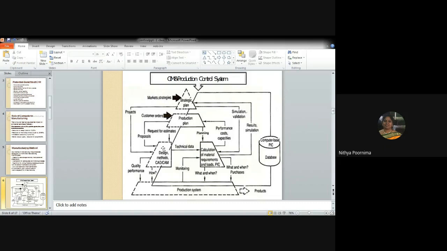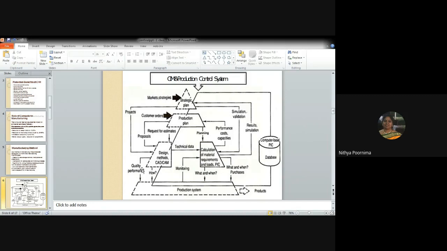Even here, if they had any problem with the design, if the design was not appropriate for this material, again they would send back a feedback to the production line. Based on that, they would change and send back to it, right? So this design plan used to also constantly be in touch with the strategic plan, because our ultimate aim is to make profit. With the designs you have, you cannot invest in high quality materials and finally have a huge investment, right? So we should make sure that the design or the material you use must be appropriate with the amount invested in the organization, right? So these two worked in very close hand, right?